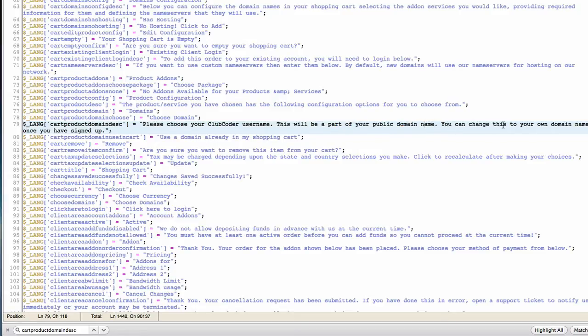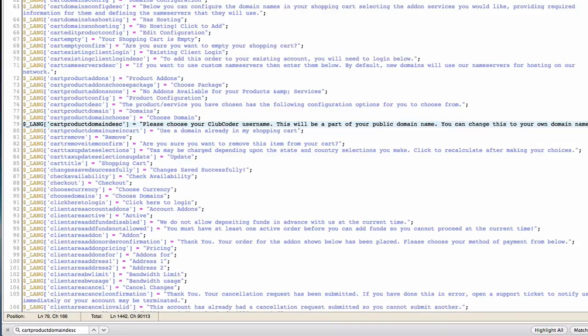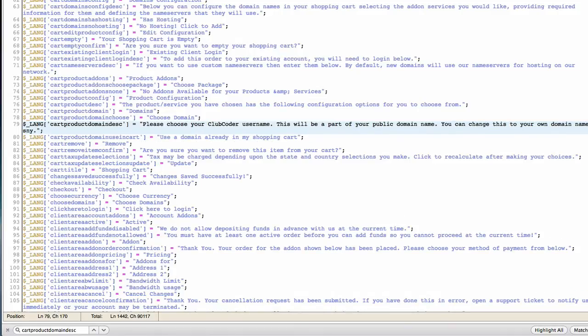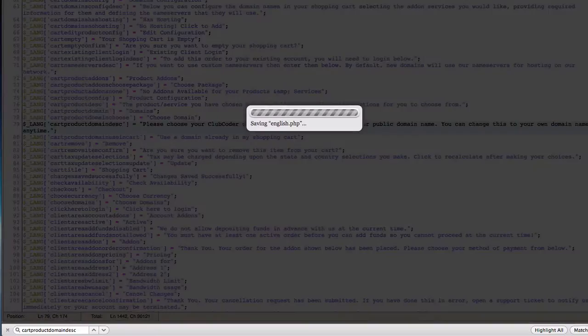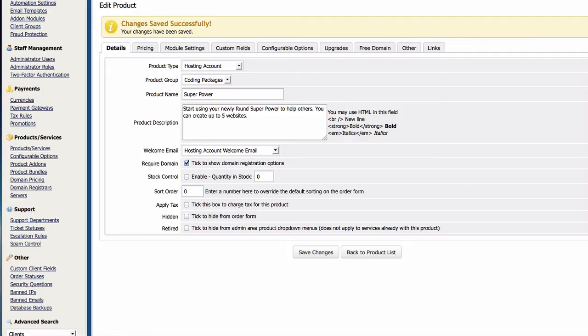You can change this to your own domain name once you have signed up, or maybe later on. You can change this to your own domain name anytime. Save changes,